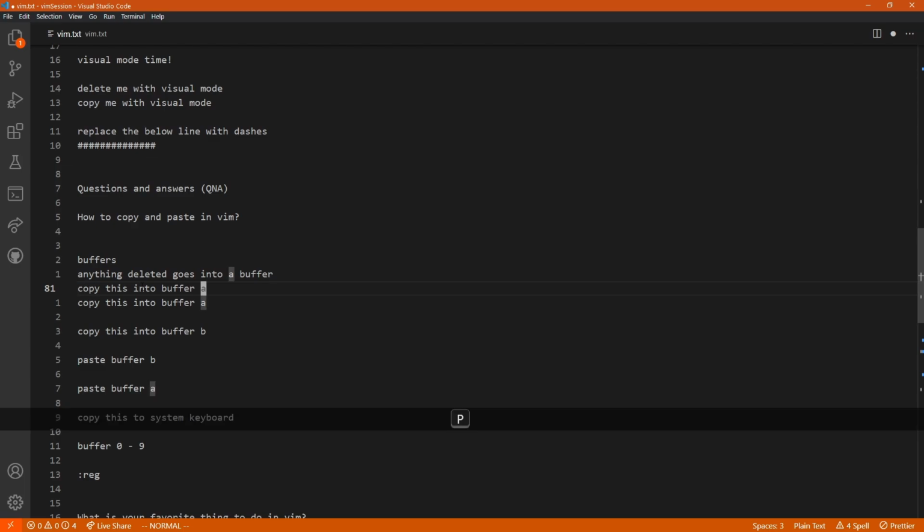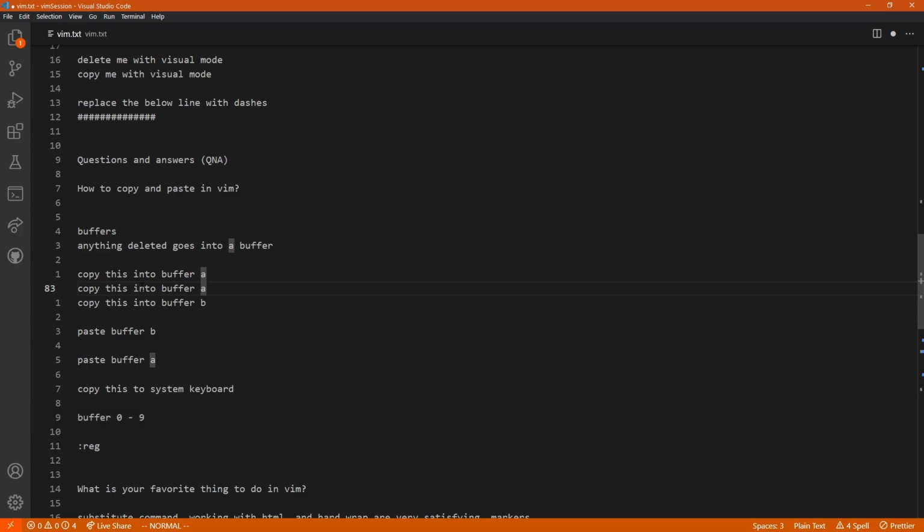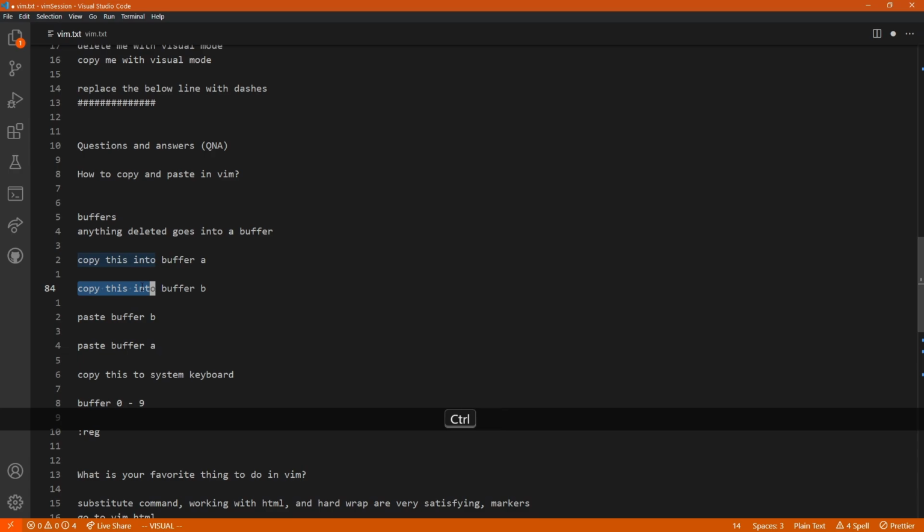Yeah, let's see what I'm pasting. Oh, okay, I did it wrong. So if I go here and then yank into buffer A, so double quotes A, then I can paste. And now that's in buffer A. And then if I want to do the same here,